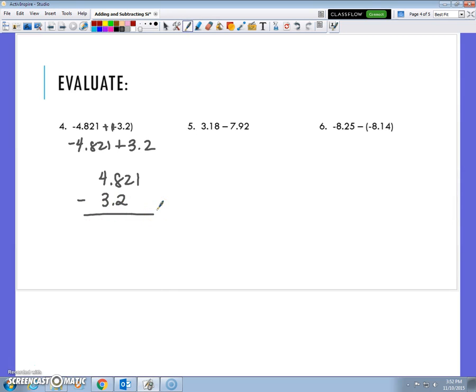All right, and so same signs, add and keep, different signs, subtract. So I take the big number minus the small number, keep the sign of the bigger number. Now 4.8 is bigger than 3.2, so I need to make sure that my outcome is negative. But